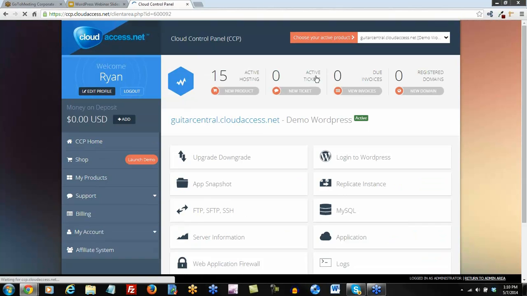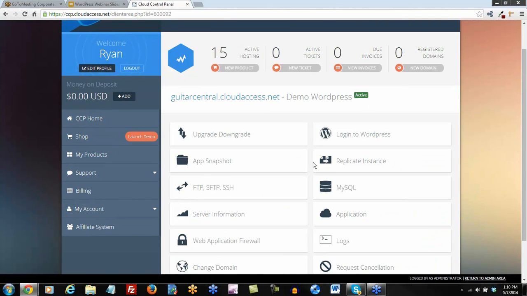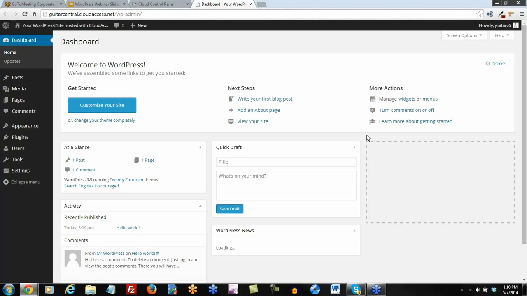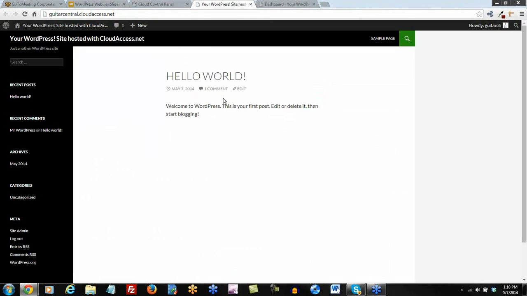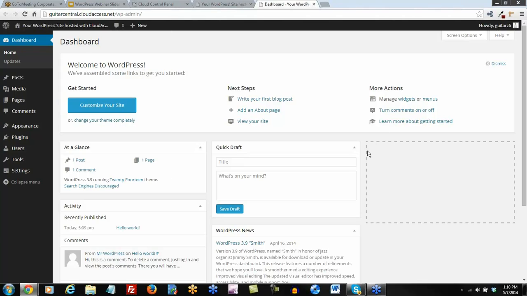What I want to do right off the bat is show you that you can click on the Login to WordPress button right here, and that's going to take you to the back end, or your dashboard. So this is the WordPress dashboard. This is the back end of the site. Also through the Cloud Control Panel, you can click on the link here, and that will take you to the front end of the site. That is a one-click link to the back end of your site, so you're logged in and ready to edit. The dashboard is the place where you edit, create and manage all of your content